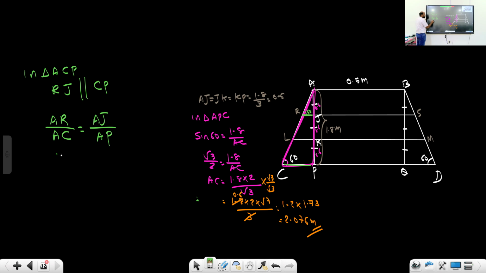AC how much? 2.076. AJ how much? 0.6. AP how much? 1.8. All of you listen. This decimal we can cut. 6 by 18. What is 6 by 18? 1 by 3. So AR equal to